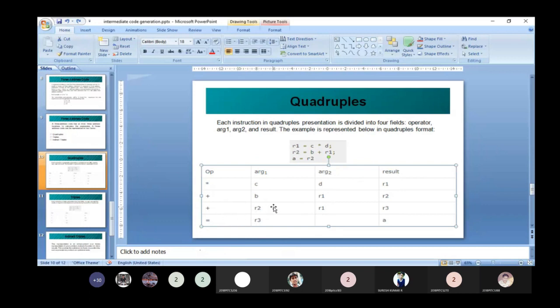This line comes here, so equal to, argument 1 is R2, and the result is stored in variable A.